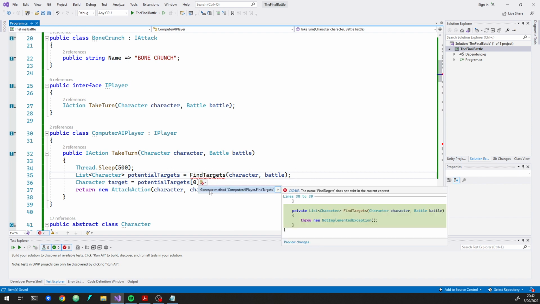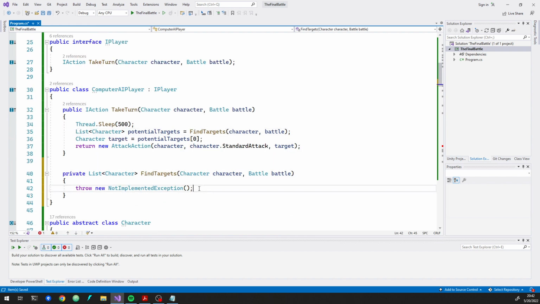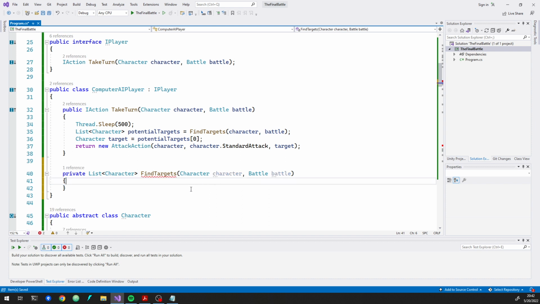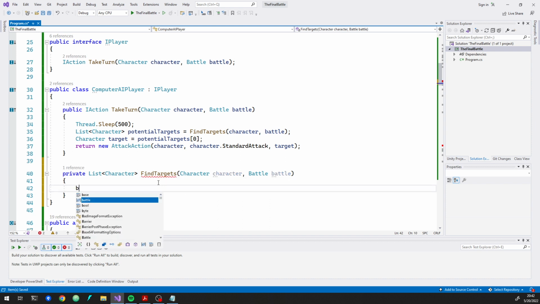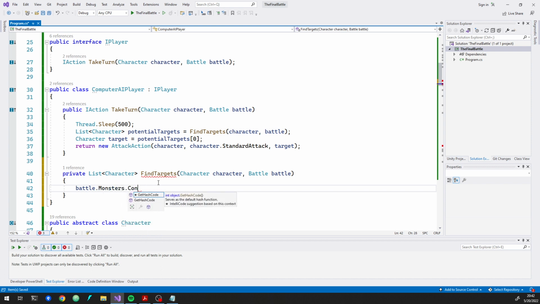I wanted to generate this method. All right, so what we're going to do is say battle.monsters.characters.contains character. So this is a query: do the monsters' characters contain this character? If it does, so basically if this character is a monster, then return